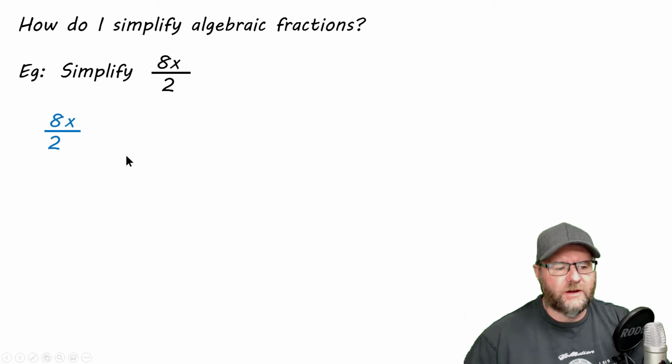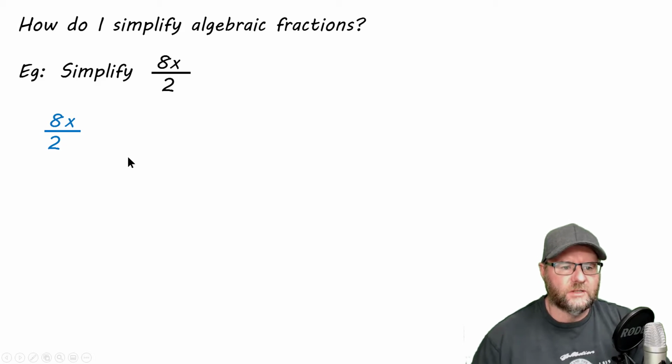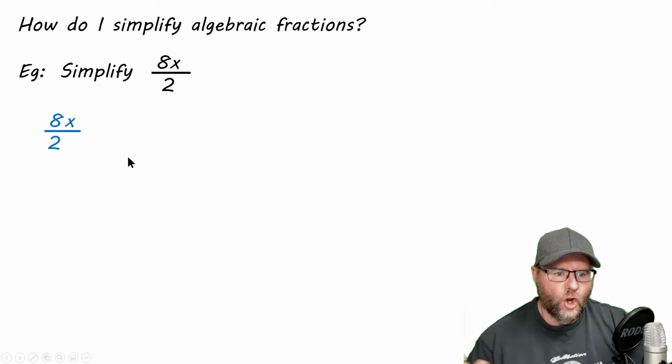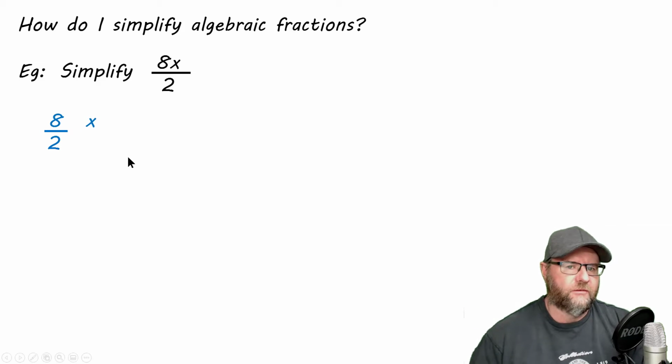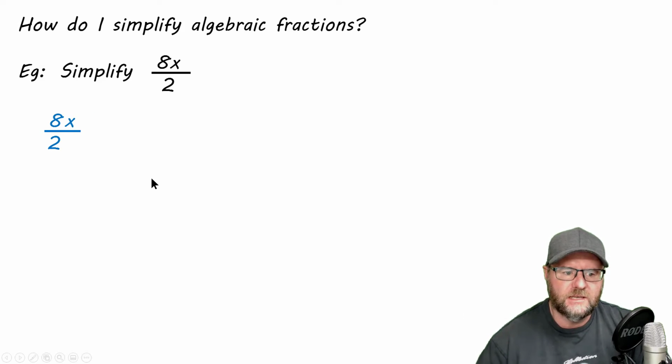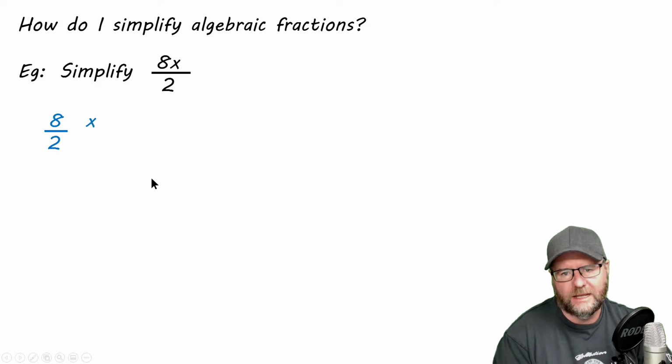I'm going to start with my fraction, 8x over 2. And here's the way I like to do it. I like to just slurp the numbers out the front. So bring the numbers out to the front. Quite okay to do that. If I'm going to do it again, take the numbers and just separate them from the letter part